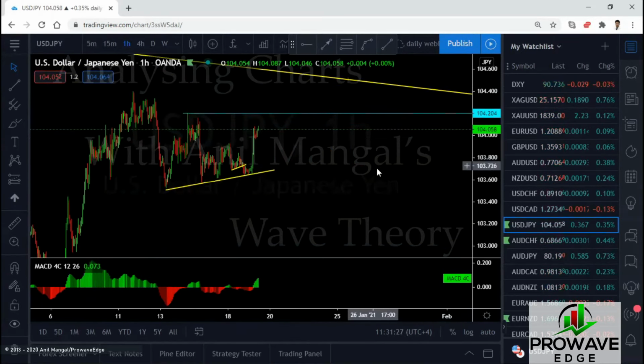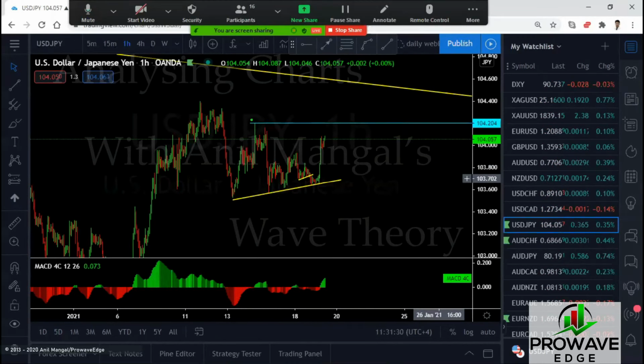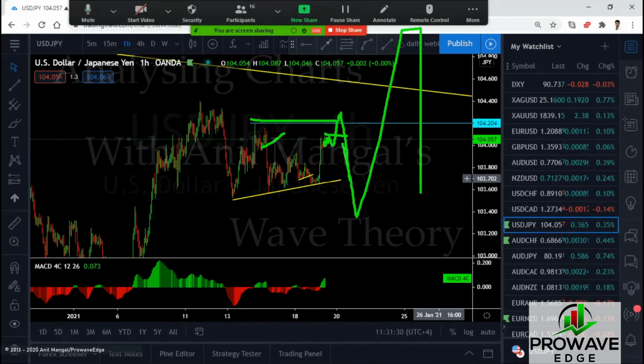If we get a buy setup, we'll take it. We will take it to at least break this top. So if we get a flag here, we'll take this buy to break the top and put it to break even. If it reverses, that's a break even trade. We will look for a sell setup. If we get a sell setup, we'll sell it. And then we'll look for the buy again.